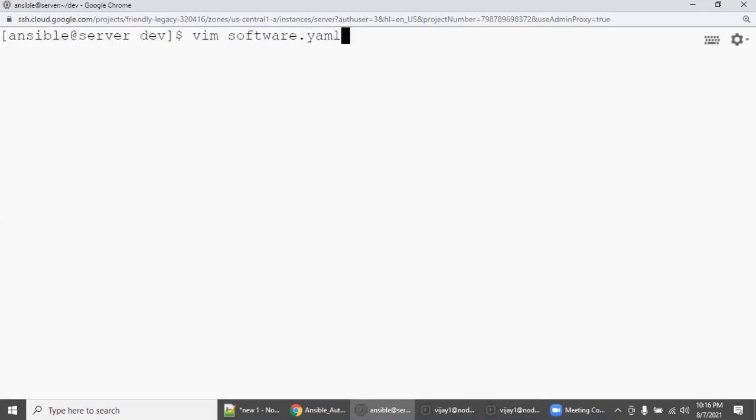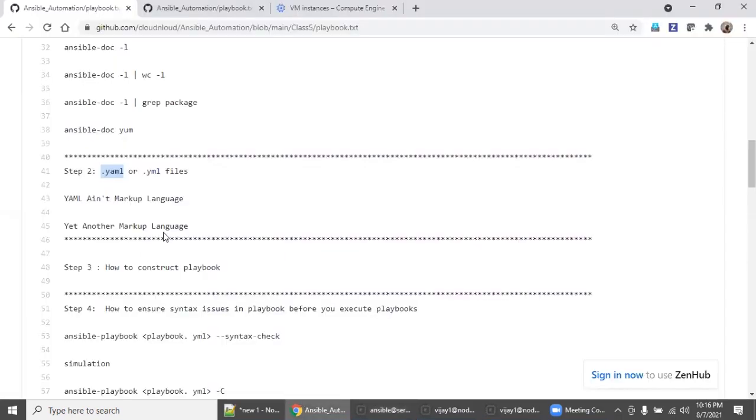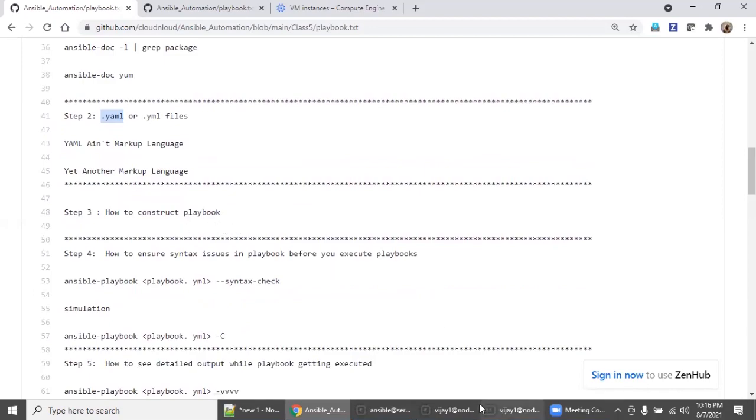YML means yet another markup language. Both are acceptable. You can create playbooks with .yaml or .yml. Now, how to construct a playbook?